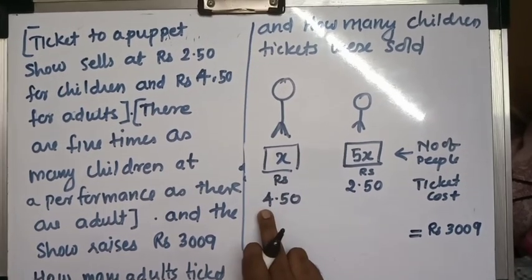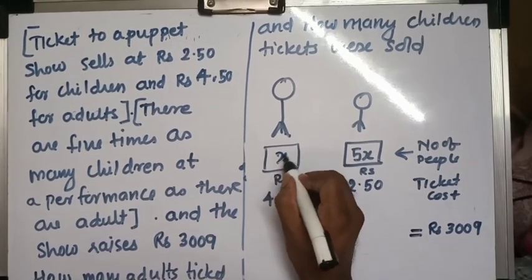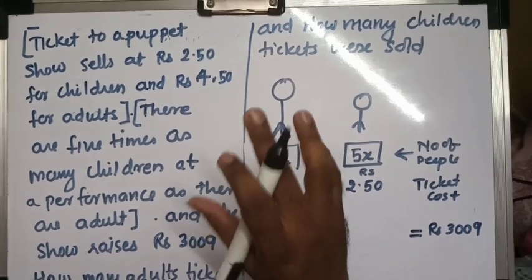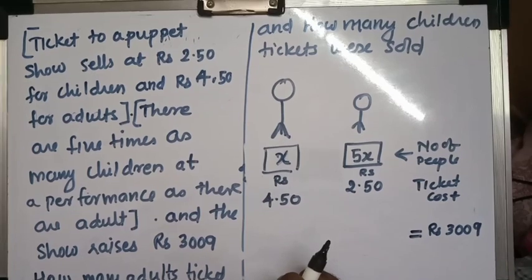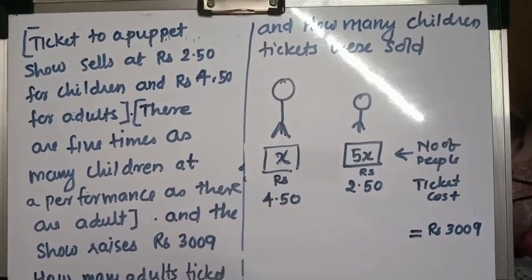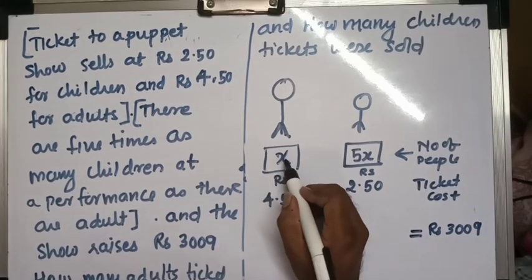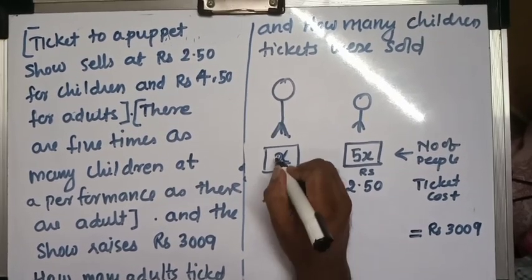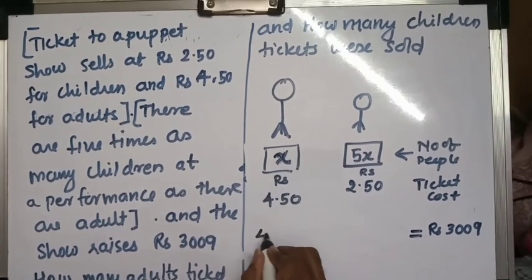अब एक का टिकट 4.50 रुपीज़ और टोटल x लोग हैं. जैसे कि अगर एक चॉकलेट 5 रुपए का है और 10 लोग चॉकलेट ले रहे, तो वो 10 लोगों का कितना खर्चा होएगा? एक चॉकलेट अगर 5 रुपए का है और 10 लोग ले रहे, तो 5 into 10 50 रुपीज़ हो गया ना. वैसा one ticket is 4.50 rupees, and there are x number of people. So what will be the total cost?